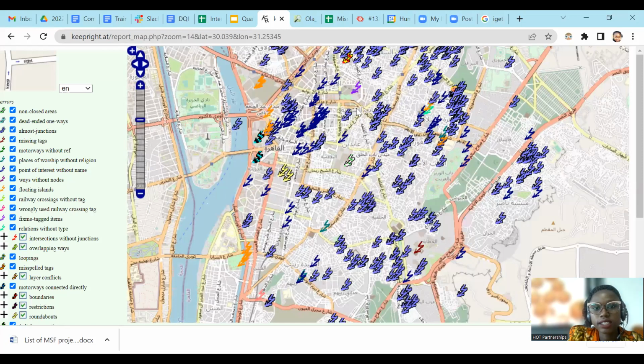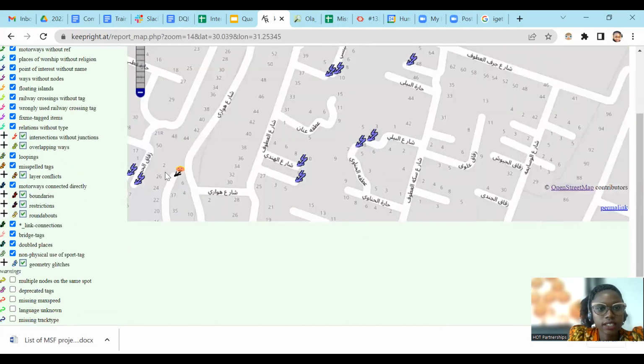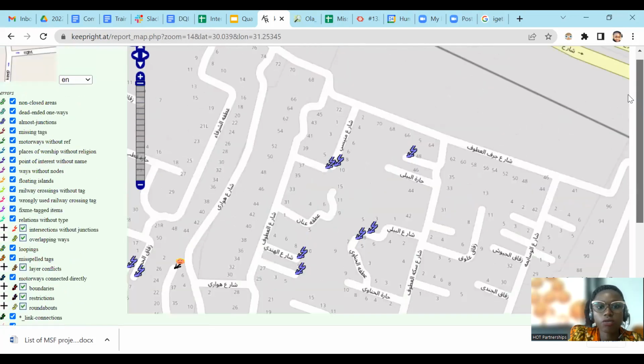So once I mark it, it will actually change here. Let me see if I can get it. See? It marks it. So for instance, if you are planning to work on